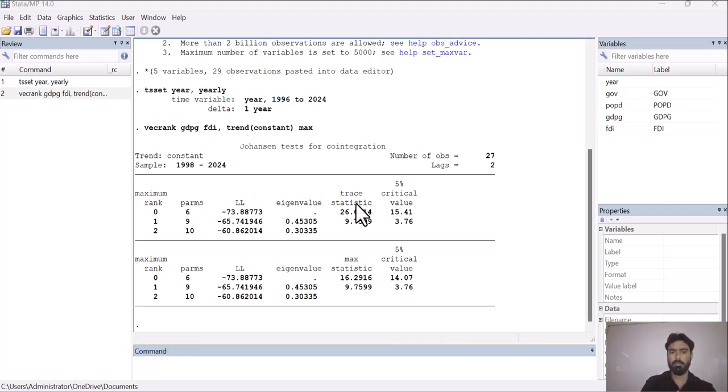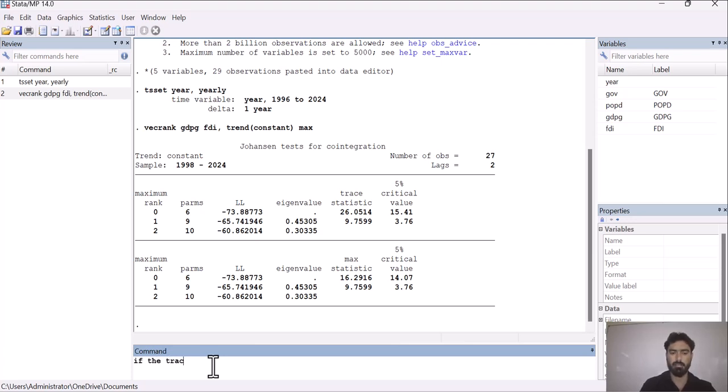So if the trace statistic is greater than the critical value, it means that we have to reject the null hypothesis. But if the trace statistic is less than the critical value, then we have to accept the null hypothesis. Let me write here for you.